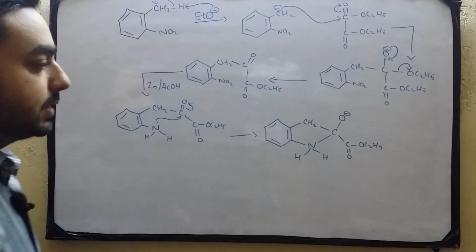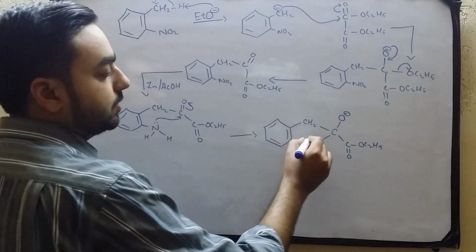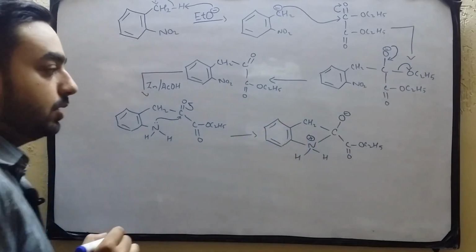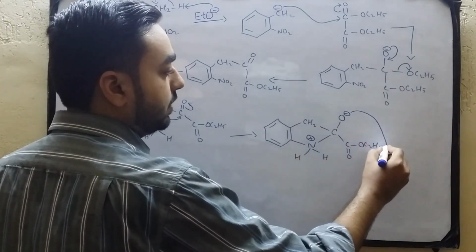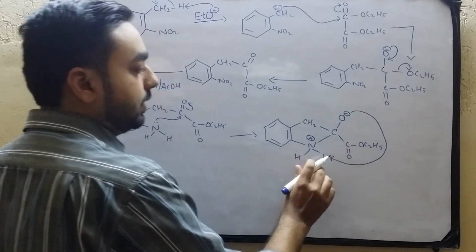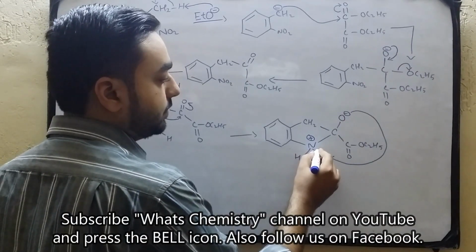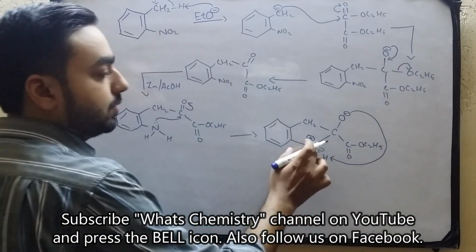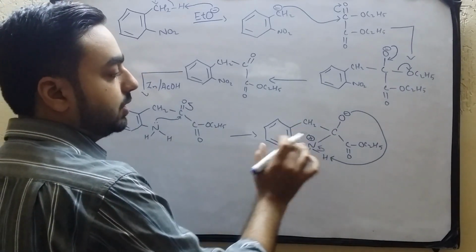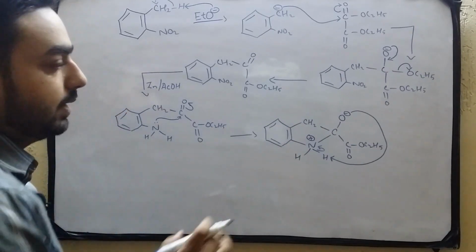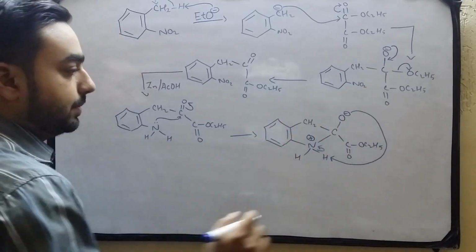I also explained in the start of this lecture that if nitrogen is bonded with 4 other atoms, it contains a positive charge. Now it is a very interesting step. This negative charge will attack on this hydrogen, as a result of which this bond will shift on this. So negative and positive means neutralization will occur and there will be no charge on this nitrogen, and this proton or this hydrogen will be connected on this oxygen. All right.